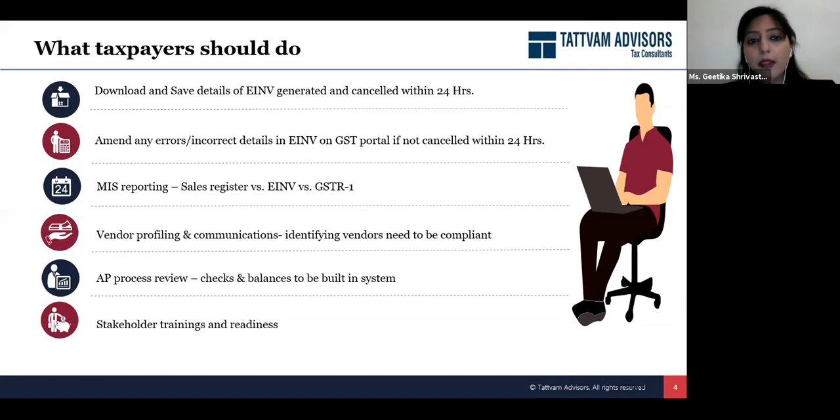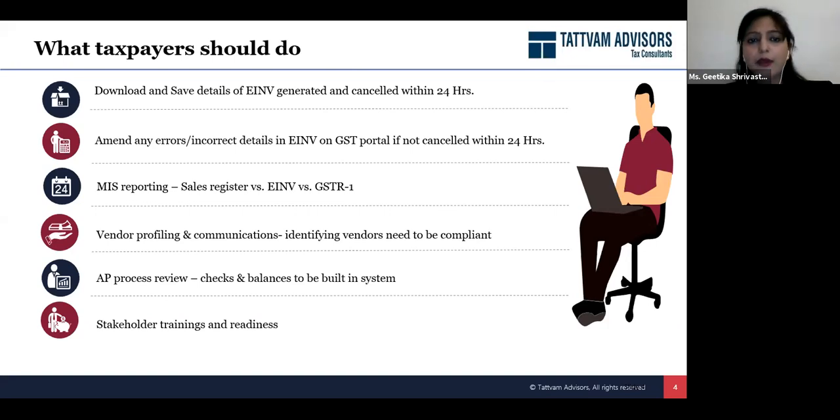MIS reporting is very important for every business in today's scenario, because like I said in the previous scenario, let's say you have a situation where an amendment is required in the e-invoice, but because you have surpassed the timeline for doing any cancellations, now the only possibility is to do the amendment in the portal. So you should have an in-house system.